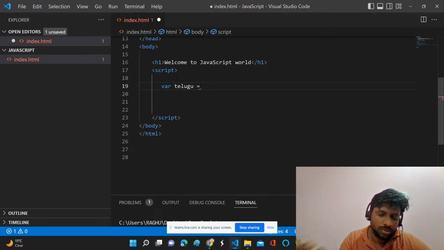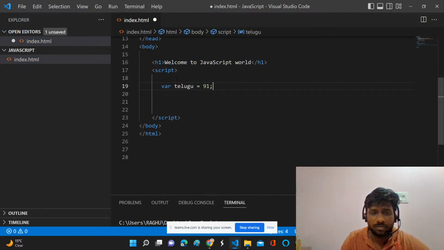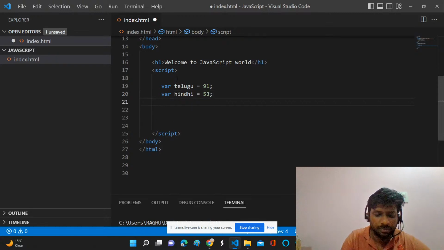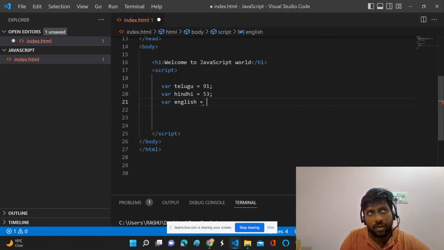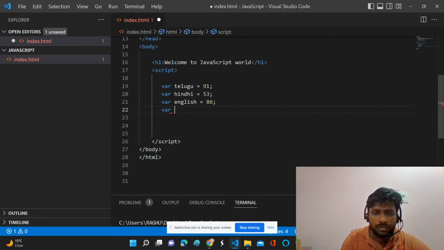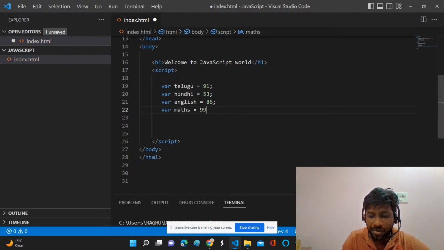So if you want to store some details like Telugu, I think I got some 91 marks in Telugu in 10th class, Hindi 53, English I think 86, mathematics I got 99. Okay,